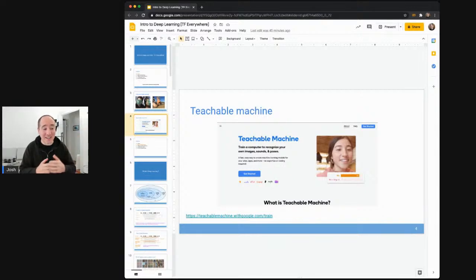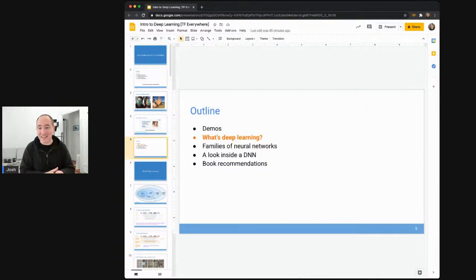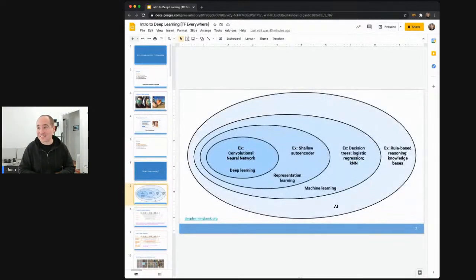For instance, if you train a computer vision model to recognize whether you're smiling or frowning, you can explore what would happen if you have emotions the model hasn't seen before. Anyway, there's a lot of value in the JavaScript side of machine learning these days, and I'd encourage you to check it out. With all that said, let's take a look at what deep learning actually is,